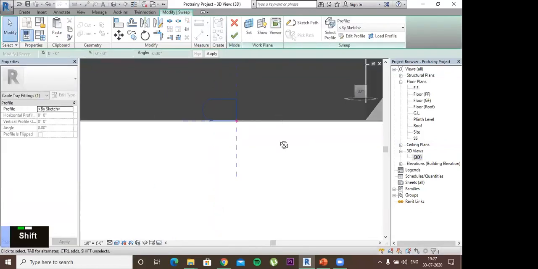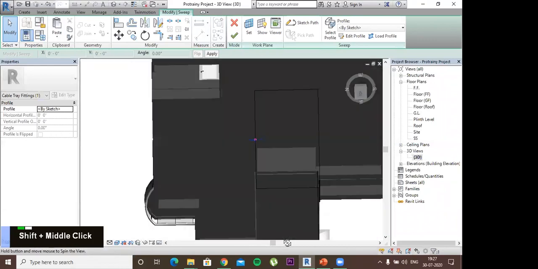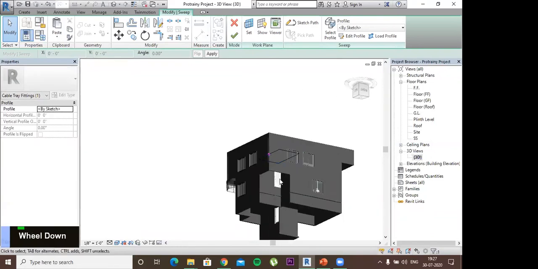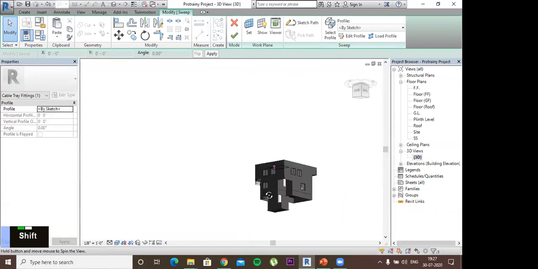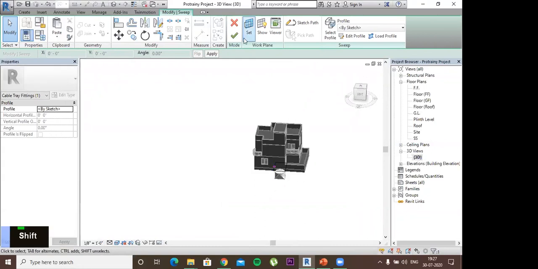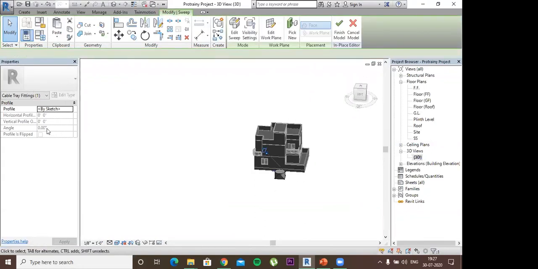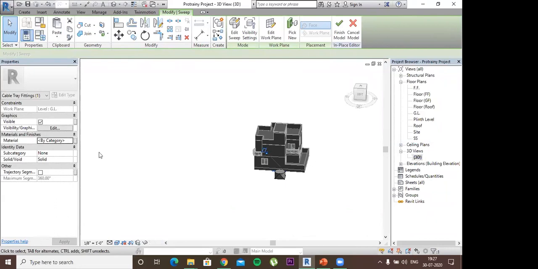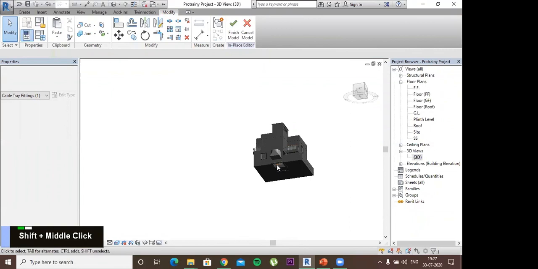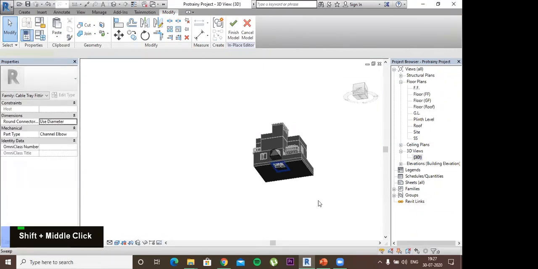Okay. Then my sweep is created. I'll select right, and then I'll select the offset.